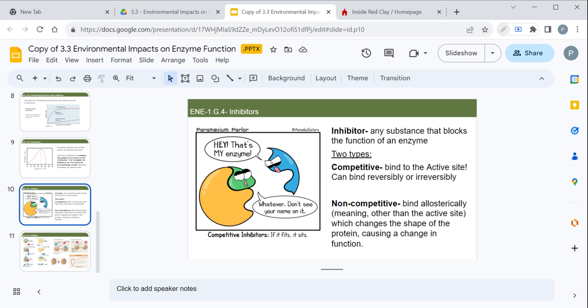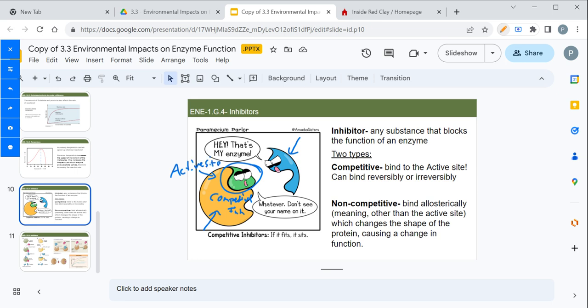This is very big on cell communication. You can tell that this substrate can fit within this enzyme, but you see this guy that's in the way, preventing it from actually doing it. This is a competitive inhibitor. And we're going to show you a picture. Competitive inhibitors bind to the active site,